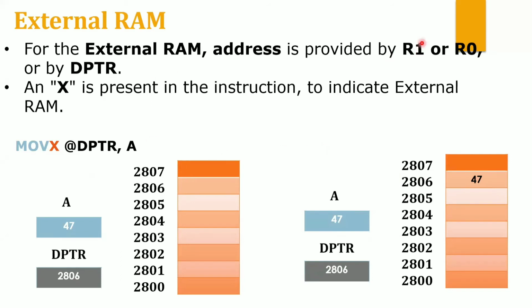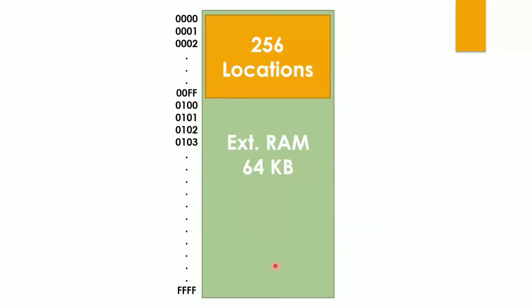Now I told you we are using R1 and R0 also to access the external RAM. What are the external RAM addresses? 16-bit. What is the register size of R1 and R0? 8-bit. Now how do we store a 16-bit address in 8-bit registers? This is one confusion. To avoid that confusion, I will give you one simple example here. This is your external RAM memory. What is the size of the external RAM? 64 KB. In order to access 64 KB, I require a 16-bit address bus. What is the starting location? 0000, four zeros. And the ending location is FFFF, four Fs. This is your starting location and this is your ending location, right?